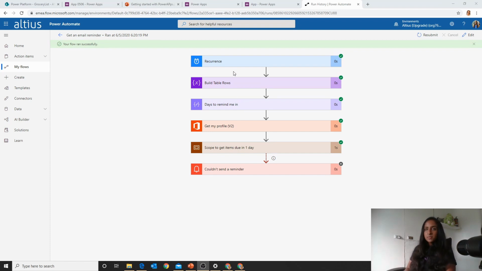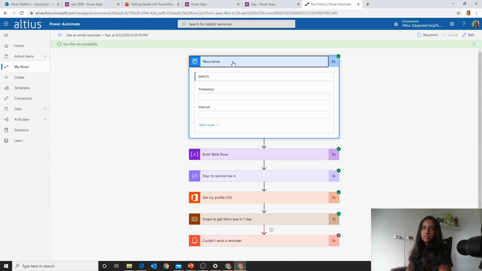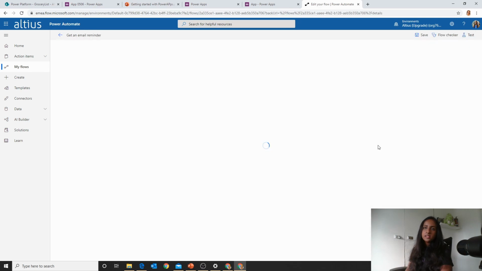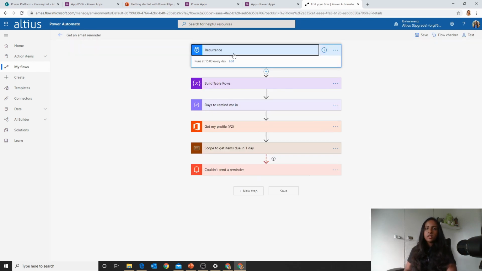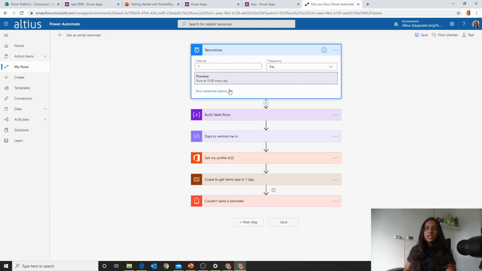So our first step here, so the way Power Automate works is that it's a series of workflow steps. So you have steps that are triggering other steps and so on and so forth. So we have a look at this recurrence. The first thing that's being set here, and I'm actually going to click on this edit item here to have a look at how that looks, is I want it to run at 3 o'clock every day. I could change that. Okay, so maybe I actually want it to run,